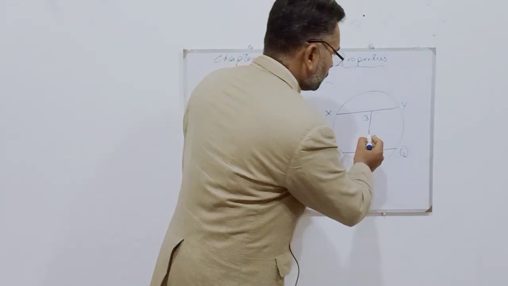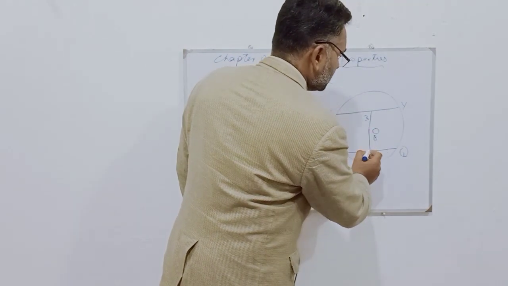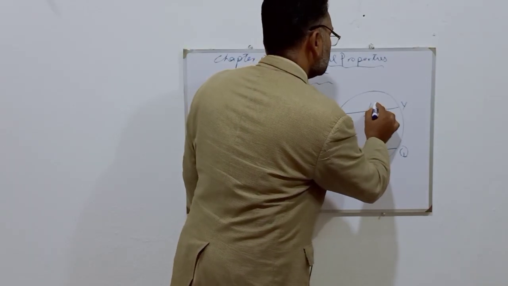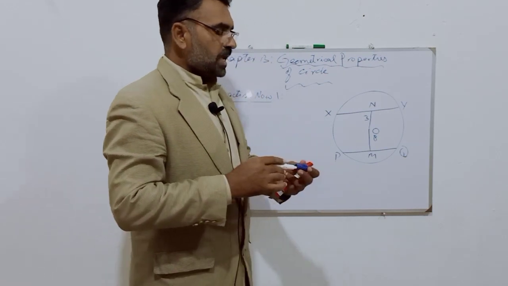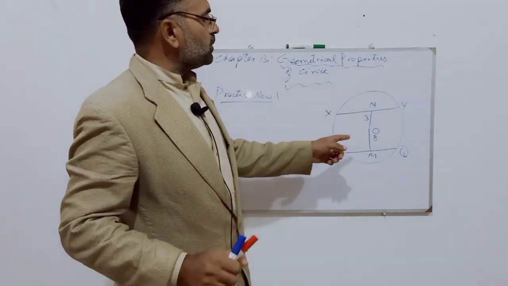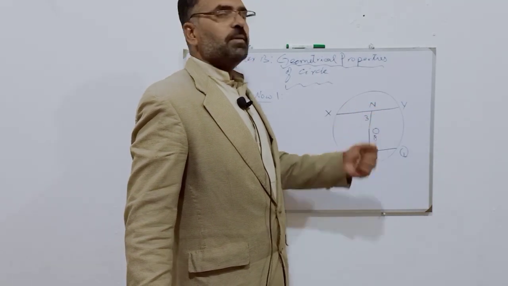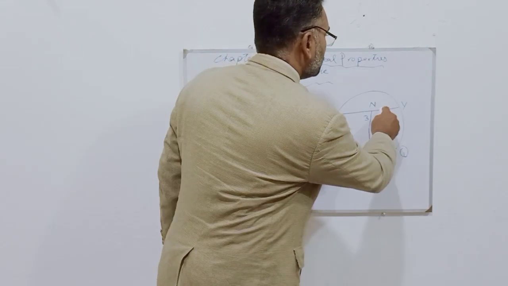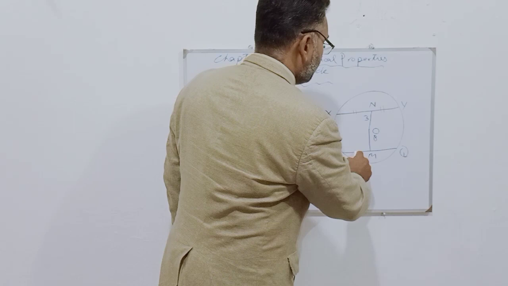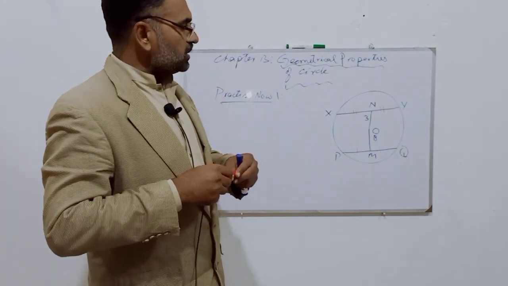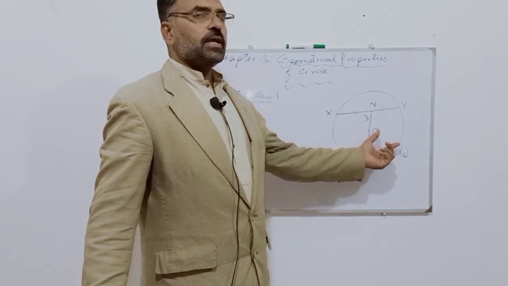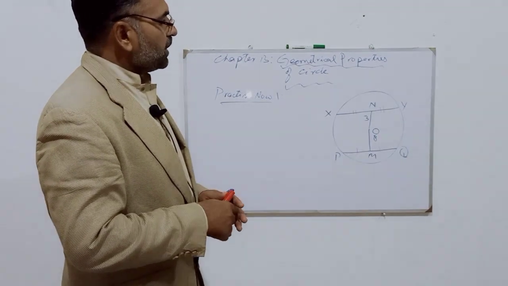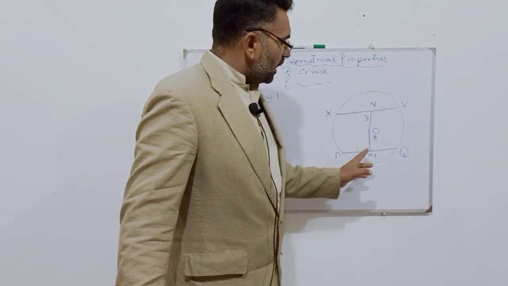Center of the circle is O and the point on PQ is M and the point on XY is N. And students, in angle properties you have read that if we draw the perpendicular from the center on a chord, it bisects the chord. It means that NY and NX both are equal, as well as MP and MQ are equal, because whenever we draw the perpendicular from the center on any chord, that perpendicular will bisect the chord. Now we have to find the length of PQ.